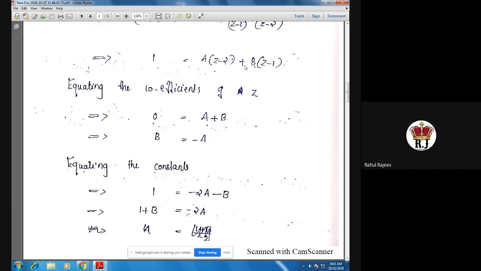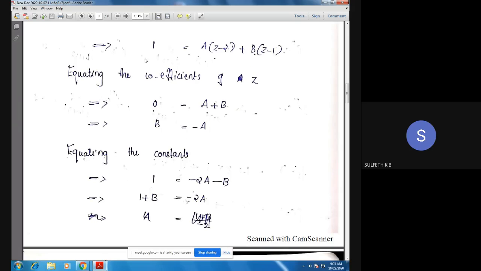Minus 2a plus minus b, right? Therefore, equating the constants in LHS and RHS, we get 1 is equal to minus 2a minus